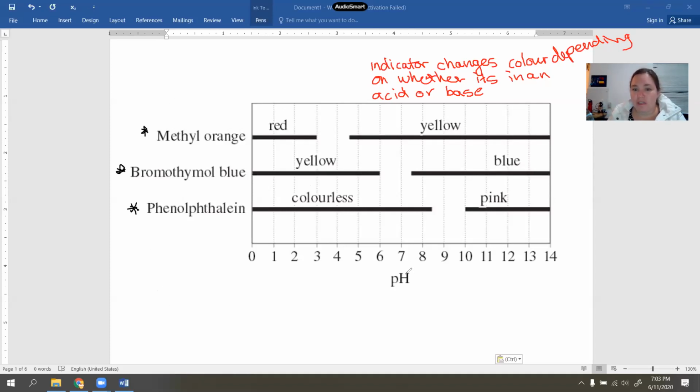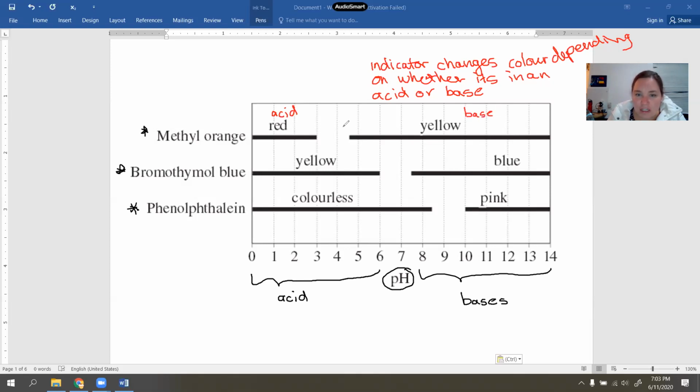So this picture over here shows the pH versus the color of an indicator, the 3 specific indicators, and what colors they are at different pHs. So methyl orange, remember your low pHs here are going to correspond to acids, and your high pHs here are going to correspond to bases. Okay, and what you'll find is methyl orange is red in an acid and yellow in a base. One of the things that you'll notice is it changes color in around about the pH 3 to 4 range,